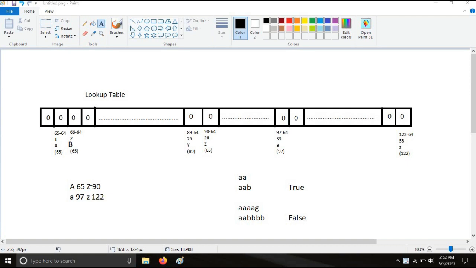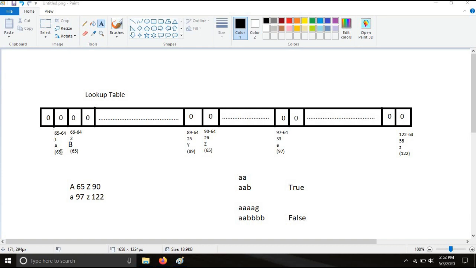The difference between 122 and 65 is 57, which means we require a total of 58 spaces to represent all the characters, capital or small, in a table. So I have done some simple mathematics. I am representing capital A using index 1. To represent capital A using index 1, what do I have to do?